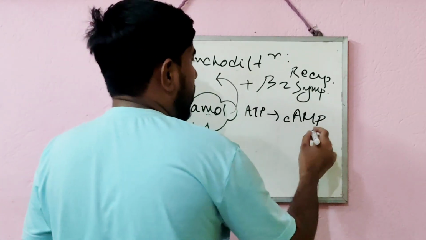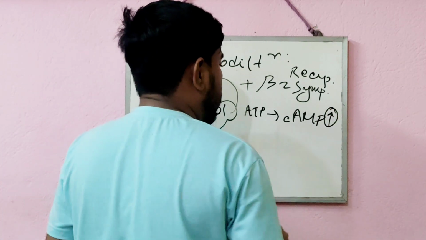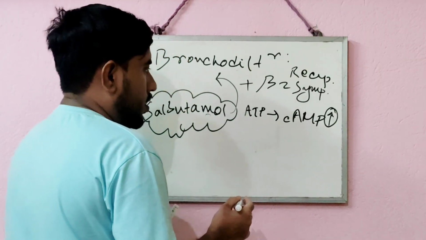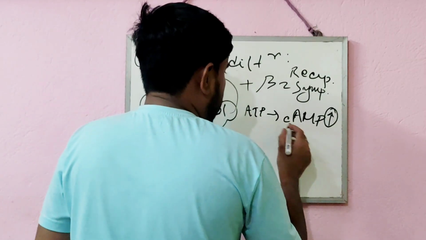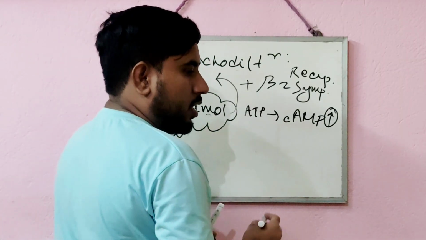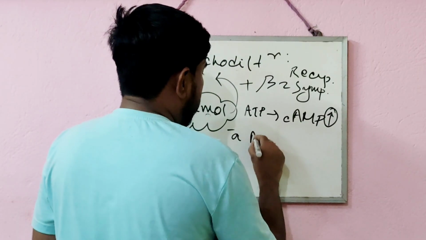Now when cyclic adenosine monophosphate is forming more, the amount of cAMP will increase slowly. When cAMP is increasing in the cell,